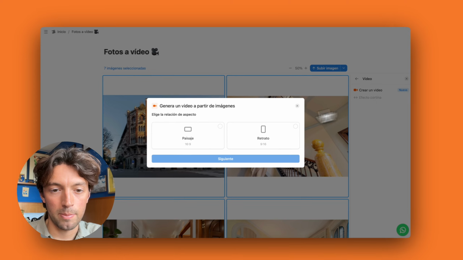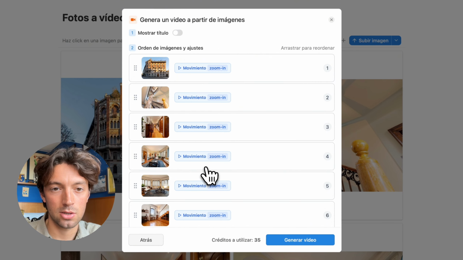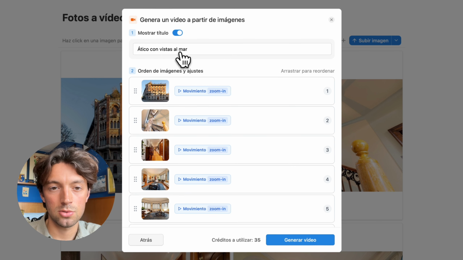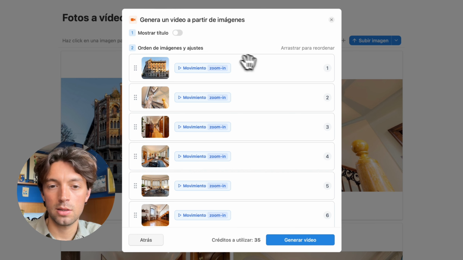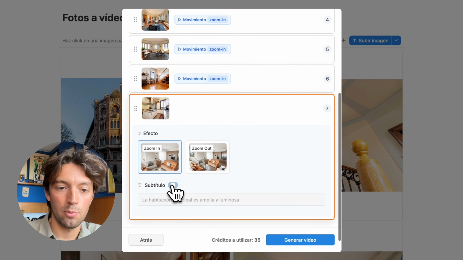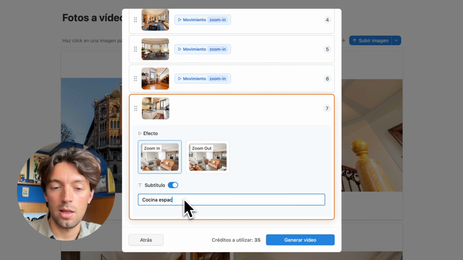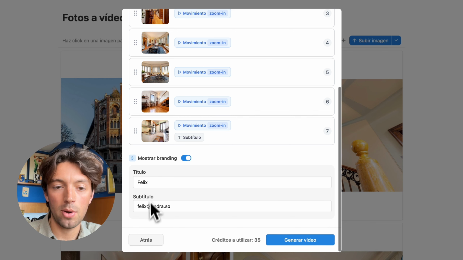This will prompt up a menu and we're gonna click on the aspect ratio we want, in this case horizontal. We have the option to choose if we want to show a title or not. Okay, we're gonna toggle off because we don't want it for this particular video. We can also adjust the zoom type and then we can also add a subtitle to any of the frames. Okay, in this case, we're gonna add one to the last frame and we could also add some branding of